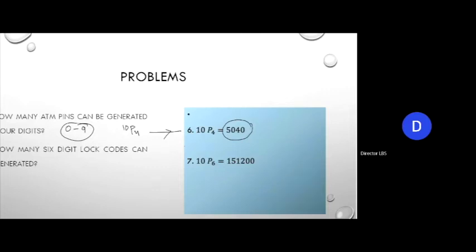Okay, let's do it this way. I'm solving question number 6 here. So the question was, how many ATM pins of 4 digits can be produced? ये क्वेश्चन है.